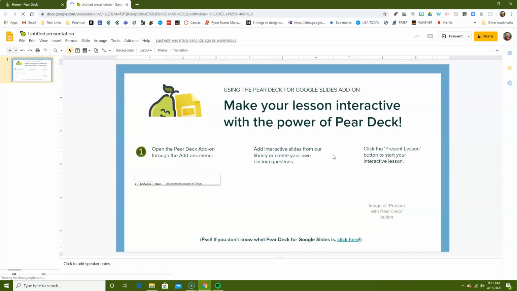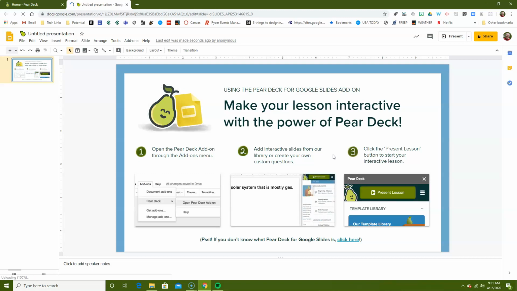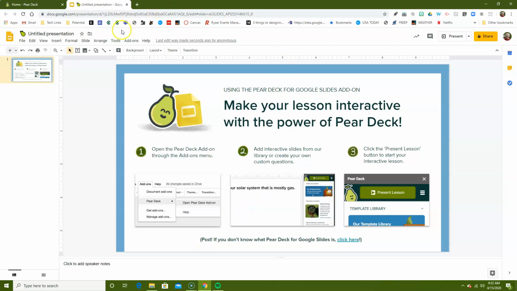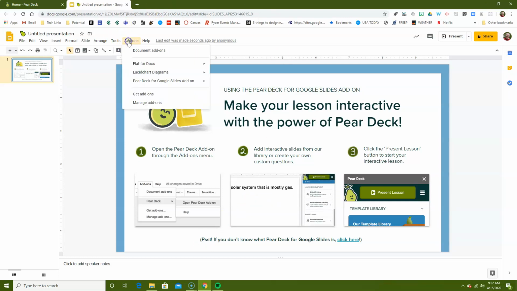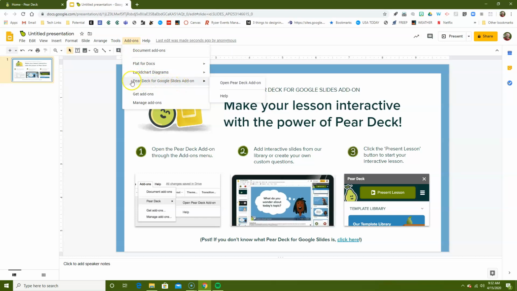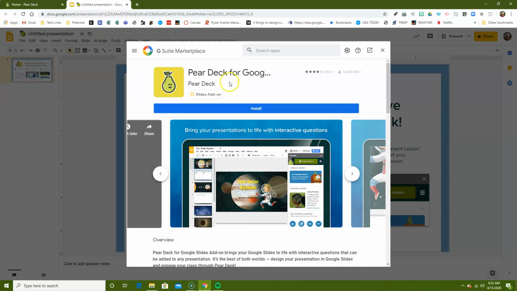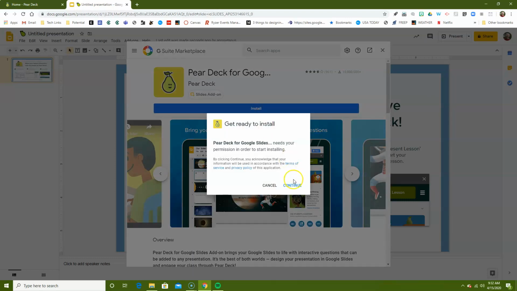So the nice thing is they do provide this opening slide that kind of gives you directions, and this kind of overviews that you need to open the Pear Deck add-on through the menu up here. This will add a lot of the different interactive features. Now you'll see it's already listed there, so you can just click on Open Pear Deck Add-on. The first time you do this, you'll have to install the add-on, and that'll pop up from the Google Marketplace. You can click Add-on and then Continue,